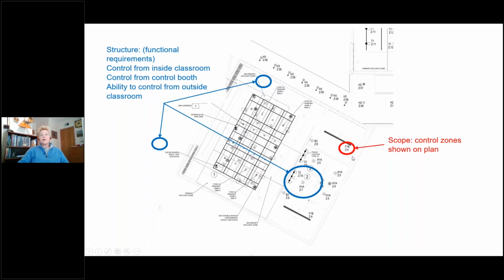Now, one of the other things that I like to do is I like to show the zones. Again, I'm not concerned about the back end wiring. I don't really care how the zones are tied together on the architecture of the system, but I want to make sure that the zones are isolated on the plan. So rather than going strictly to an Excel zone schedule, I want to tie it back visually on the plan. So the scope of what I'm trying to accomplish here is showing the zones next to the tag for the luminaire. I'm also going to highlight here zone 7 and zone 10 in the control booth, and we're going to talk about that a little bit later.